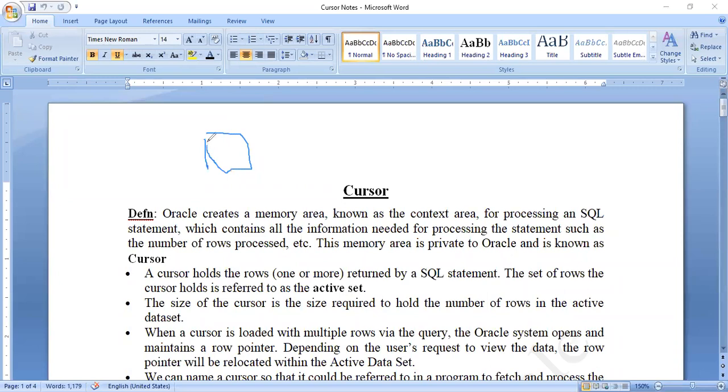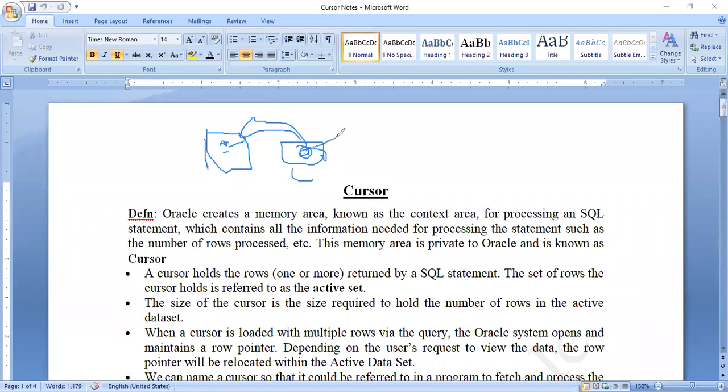Suppose my data is there in the database. What will happen is, Oracle will not allow me to enter the database. So what it will do is, the table from my database, when I say update student, so that particular student table will be brought out. Where will it be brought out? It will be brought out into the RAM, a temporary memory area in which all the updations will take place. And after the updations have taken place and the commit command is executed, the records will go back into the database and they will be saved permanently. Till then, all the data will remain here.